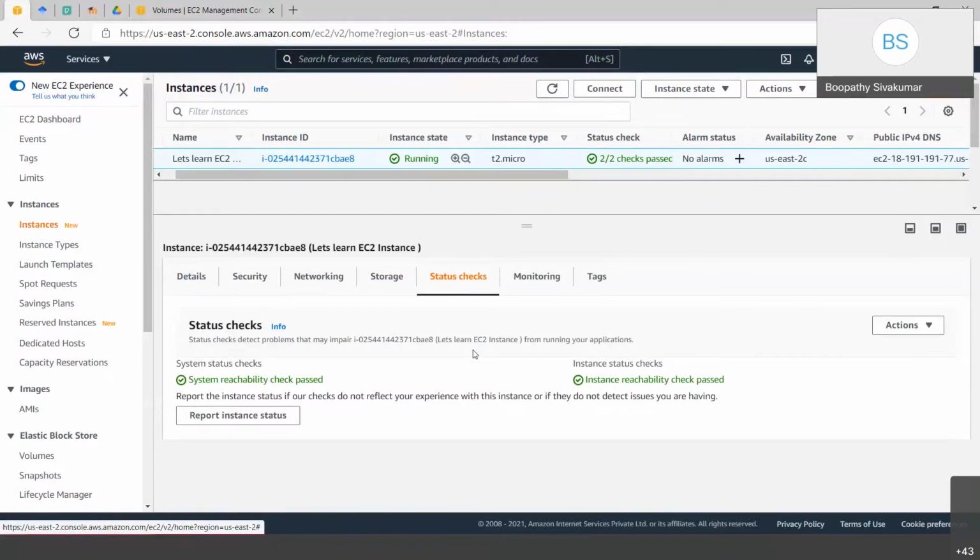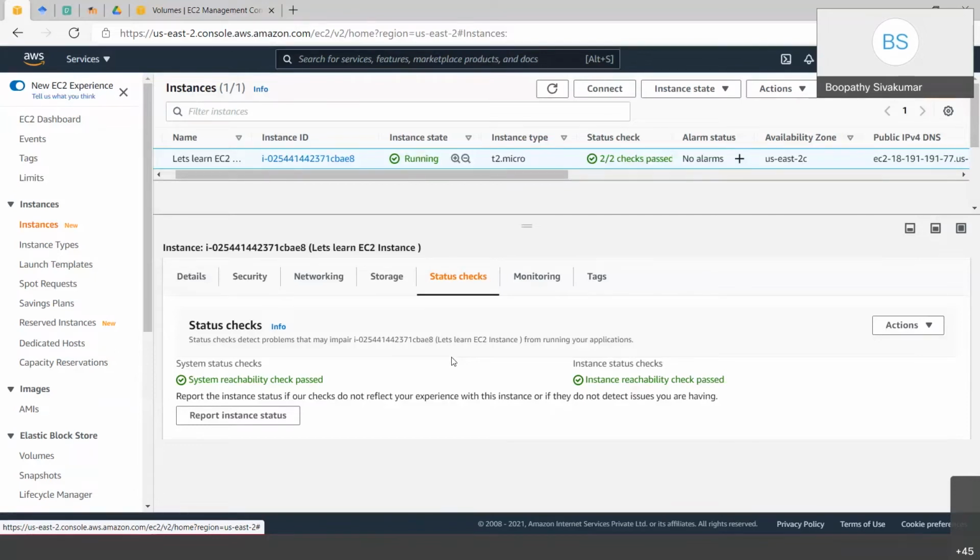it will check that all the components for the EC2 instance are working fine and it is not experiencing any issues, like the network is correctly attached and the system is able to ping and get the information. So the network is working and every component that is needed is attached correctly.